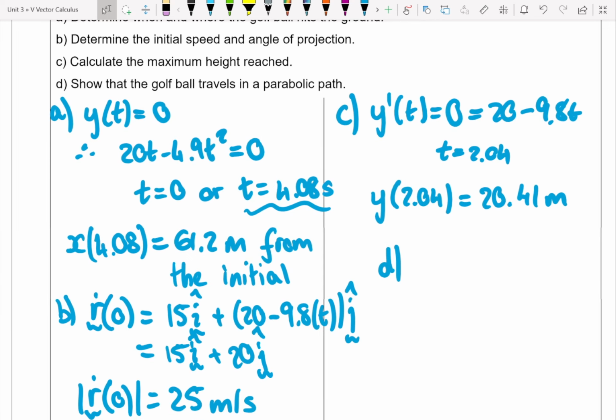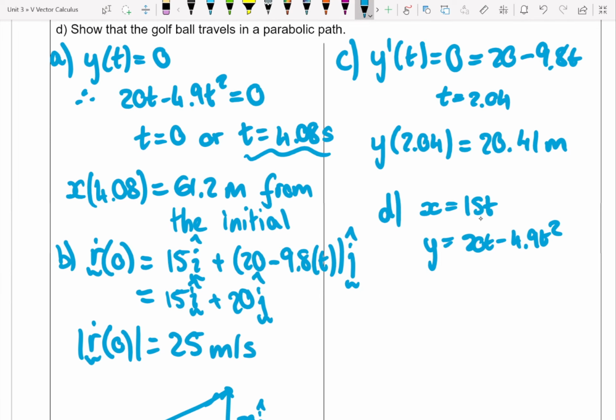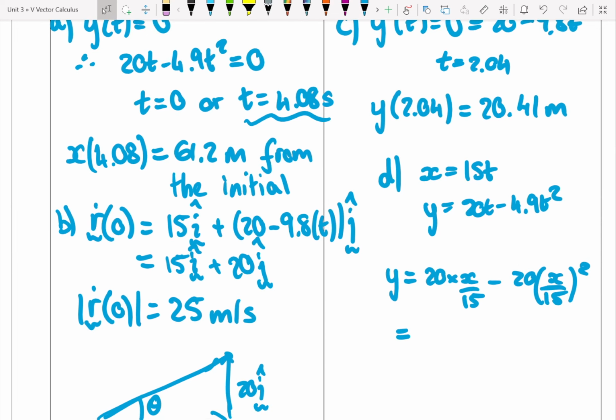Part D, we want to show that the golf ball travels in a parabolic path. So to do that, we want to write out our parametric equations. So x equals 15t, y equals 20t minus 4.9t squared. So if we were to substitute this t in for there, we'd get that y is equal to 20 times x on 15. So that's come from rearranging this to make t the subject, minus 4.9 times x on 15 squared, which gives us